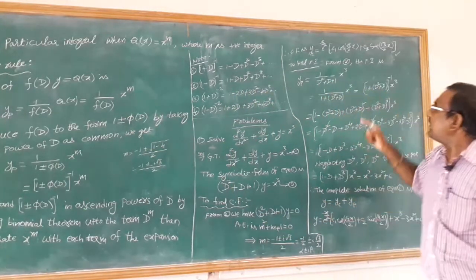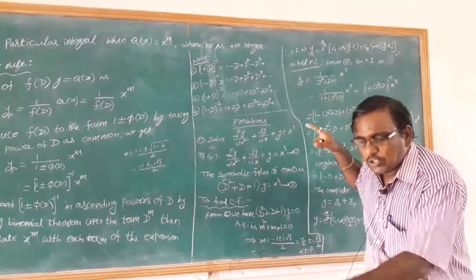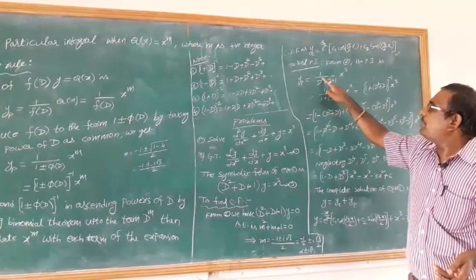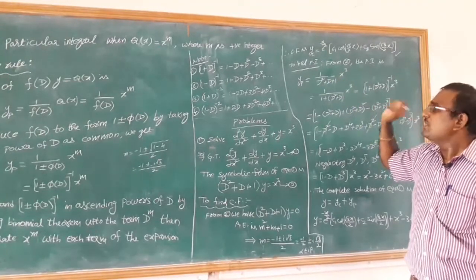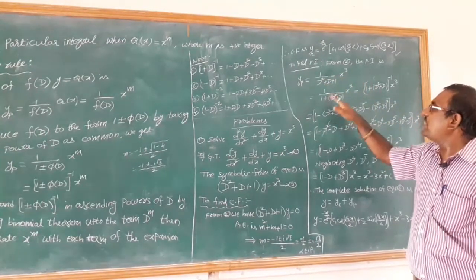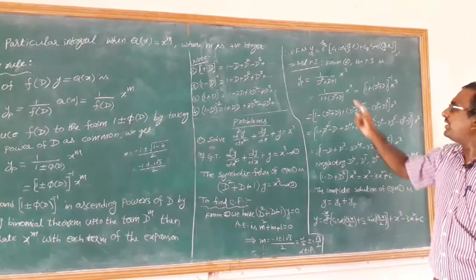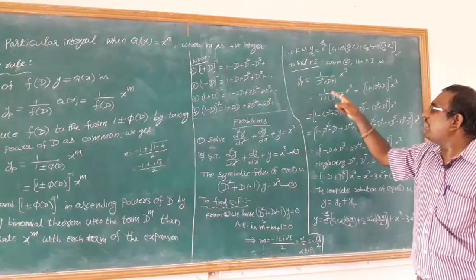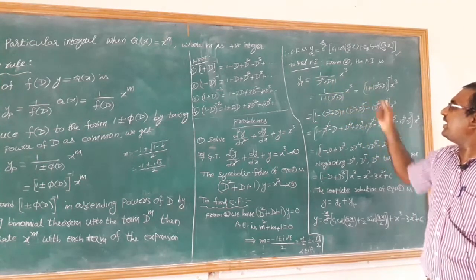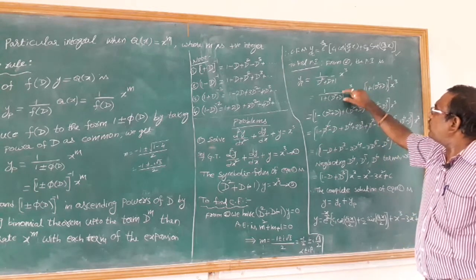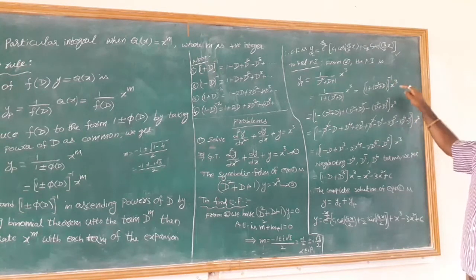Right? So see here, what is the lowest power of d term here? The power of d is 2 here, the power of d is 1 here, and the power of d is 0 here. So I can take 1 as common. Then we get 1 plus d square plus d, into x cube. By taking the lowest power of d term as common, we get 1 plus d square plus d, into x cube. Now take this to the numerator side. What happened? 1 plus d square plus d, whole power minus 1, into x cube.